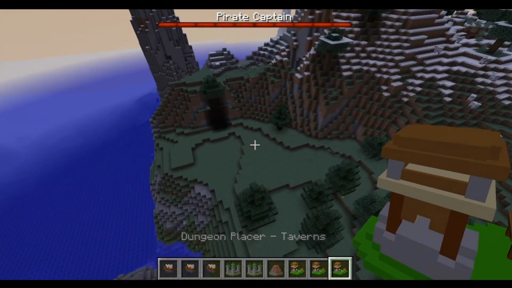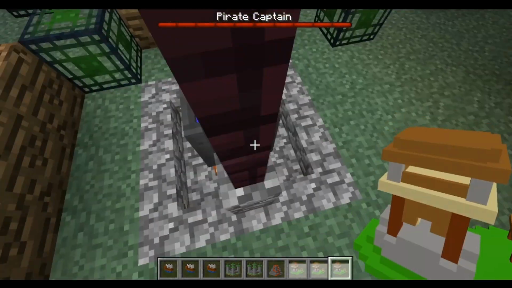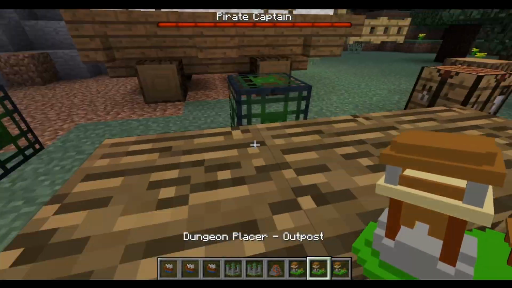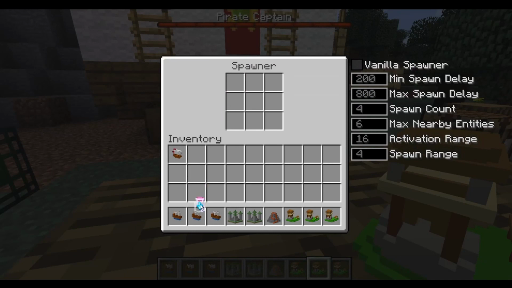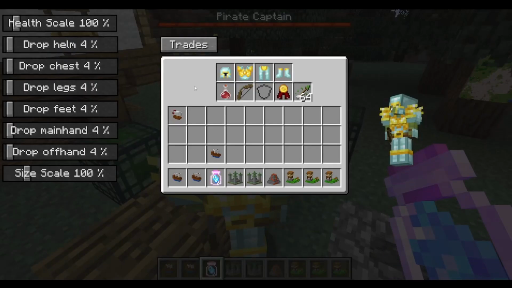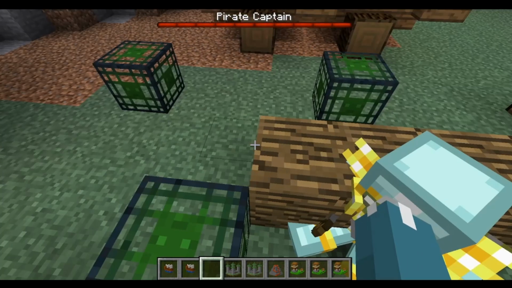And when we played this is where actually, I believe you get the bubble gun. You buy it from someone. But you have the taverns. And can you spawn the guys? Like if I have the soul bottle, can I spawn him? Yeah, there he is. And since I'm in creative, if I get